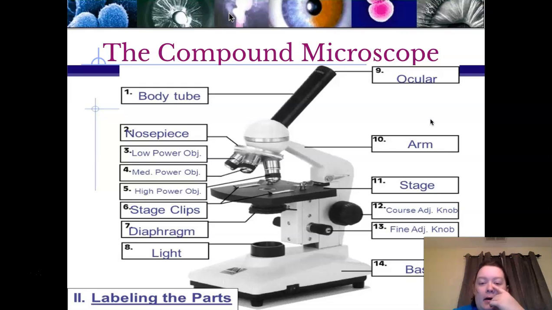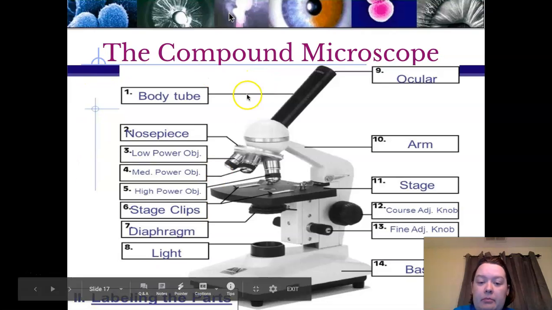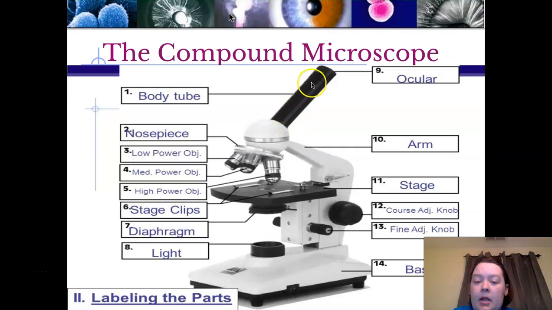So when we're talking about the light microscope, it's very important that you're familiar with it because this is the one that we're going to be using in class, or we would be if we were in person. And you'll need to be familiar with the parts of the microscope as well as what they do. So we're just going to start and go through the numbers here. At the top, this is the body tube, and it is connected to the eyepiece. The eyepiece, or the ocular, is right at the top. This is where you put your eye to look through the microscope. So you look through this lens down the body tube,